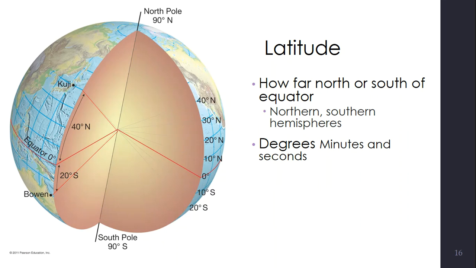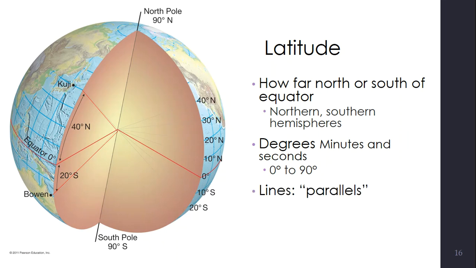Latitude is divided into degrees. So it goes up to 90 degrees north and 90 degrees south. Those degrees are divided then into minutes and seconds. So when we look at some very precise latitude coordinates, they will have minutes and seconds as well. So again, 0 to 90. There's never a latitude that is going to be 91 degrees, right? It's going to go from 0 to 90, and that